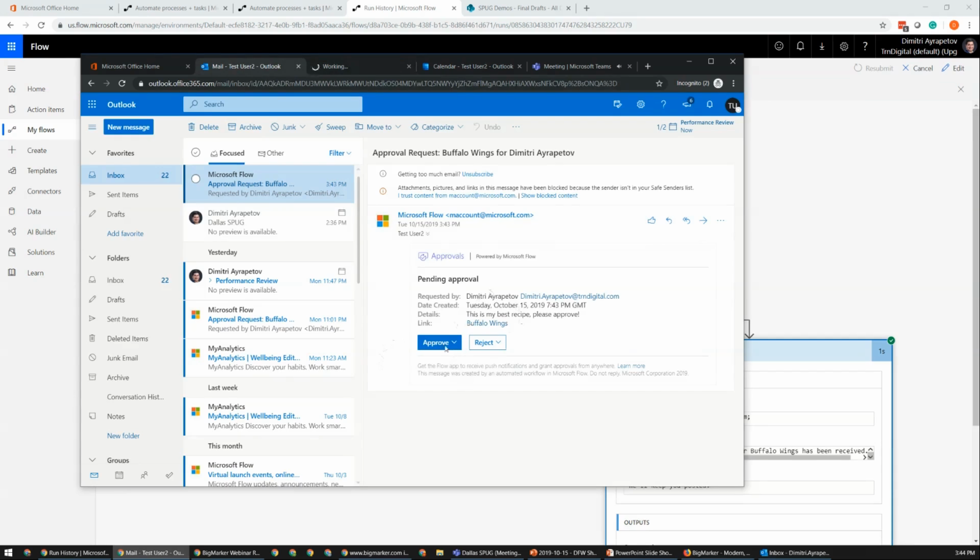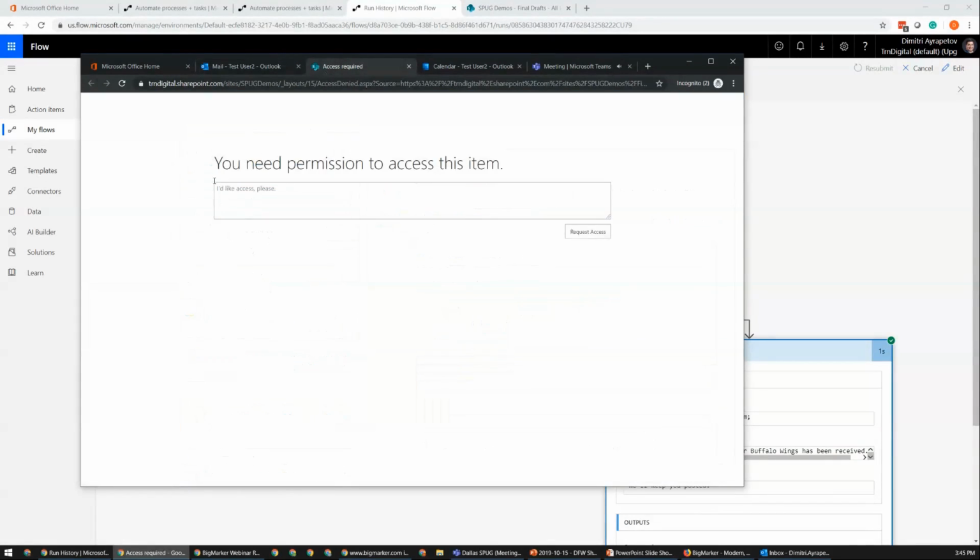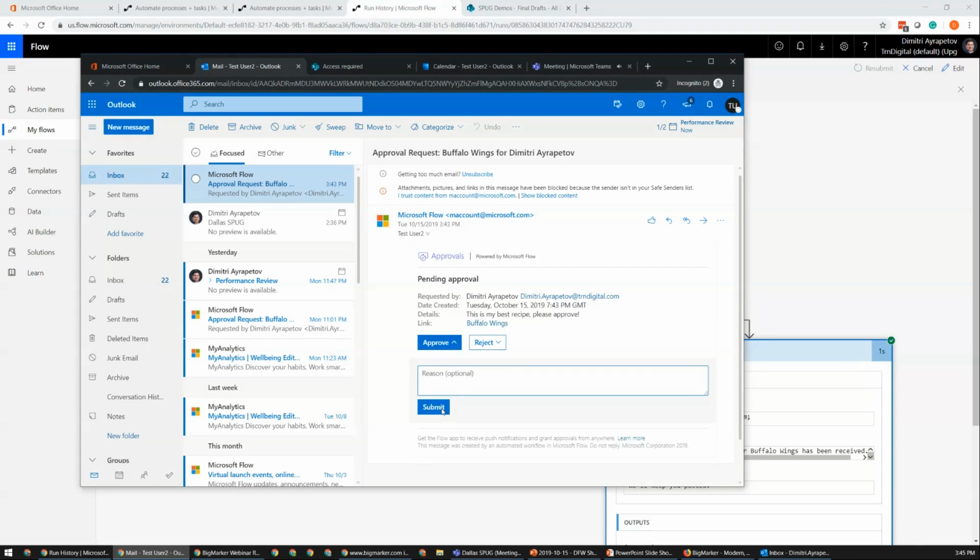Anyways, as we come back here, one of the great parts about Flow is that we're able to come in here and we're able to approve or reject directly within your email without having to go into a separate form, which makes it really convenient, especially when you have people on the go. You're able to just do that without opening it. One more thing to point out here is that you can ask somebody to review something, and that doesn't automatically give them access to that file, right? Microsoft takes security very seriously, and if somebody doesn't have access, they won't get it just because you sent them a link to it. So in this case, we could request access, but in practicality for this demo, I'm just going to approve it.